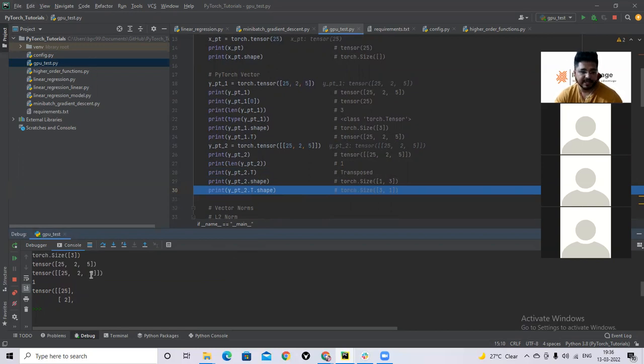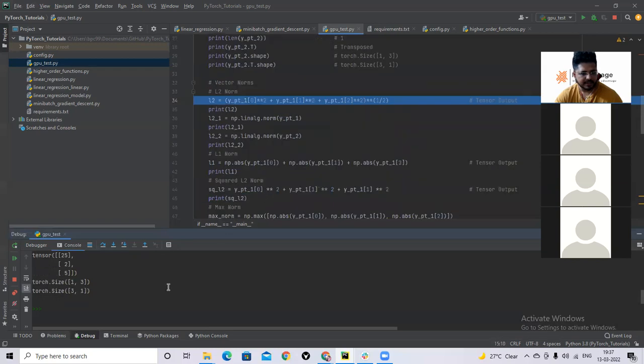That is why when I did a .T transpose, it became 3 rows and 1 column. So the shape of the transpose is 3 rows and 1 column. Here it is possible because the size is not a single value. It is a tuple, or a list of values containing the number of rows and the number of columns. Only when there are two things, rows and columns, will transpose act on it. Otherwise, it will not act. That is the reason.